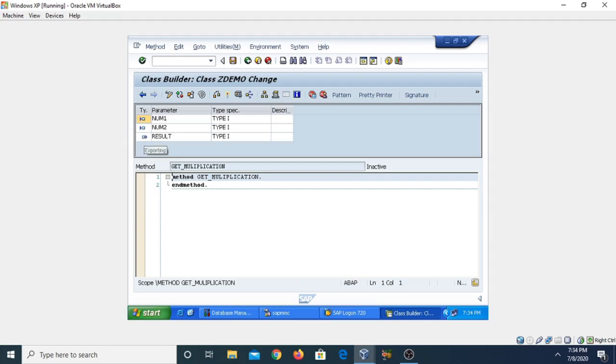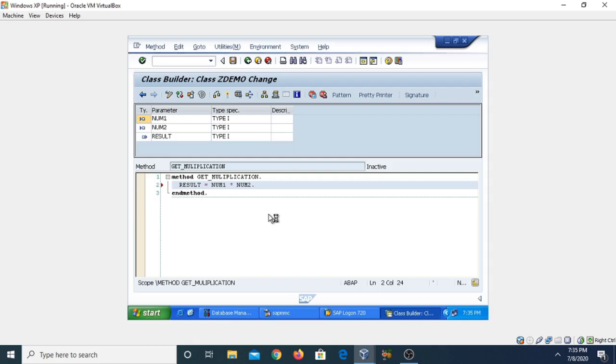Now we need to define the functioning of this method. So result equal to number 1 multiply by number 2. Now click on the save button. Now click on the back button.